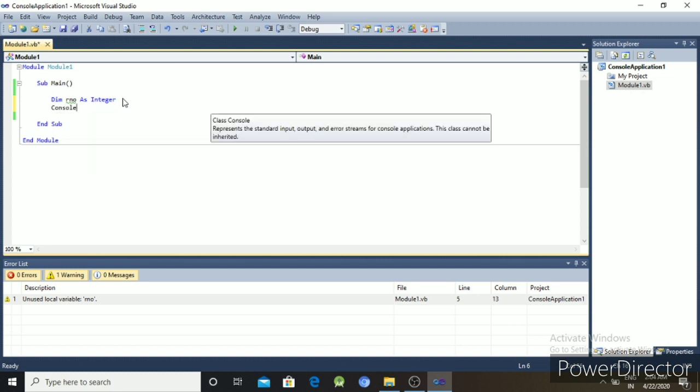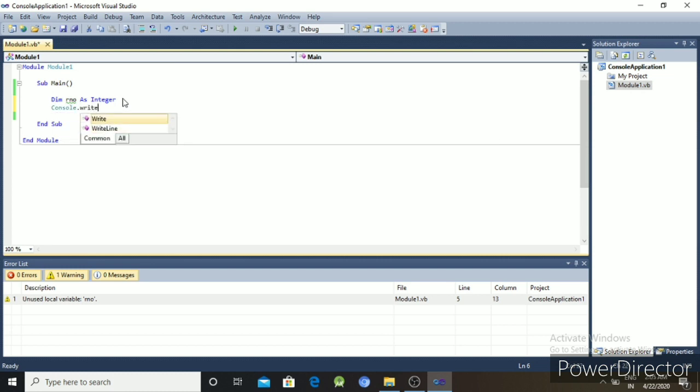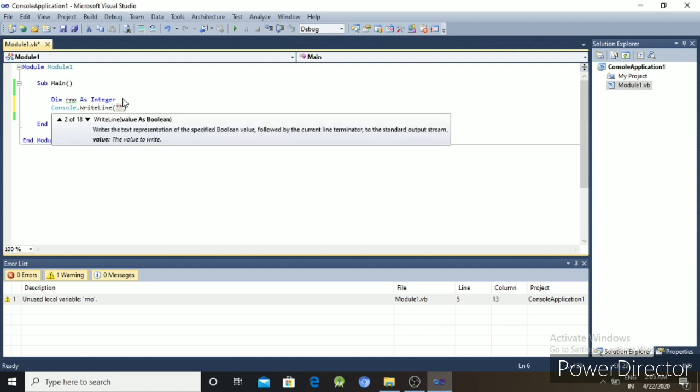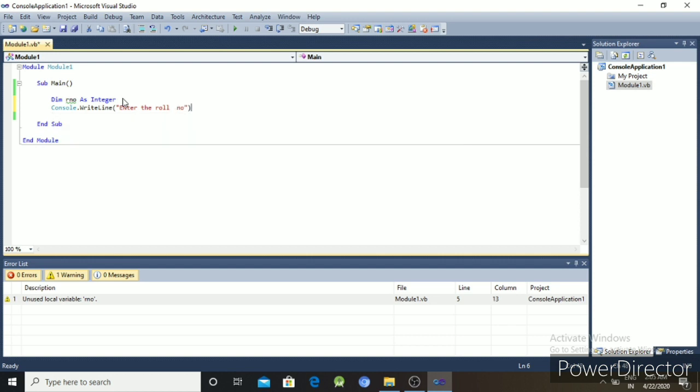Console dot write line, enter the roll number.